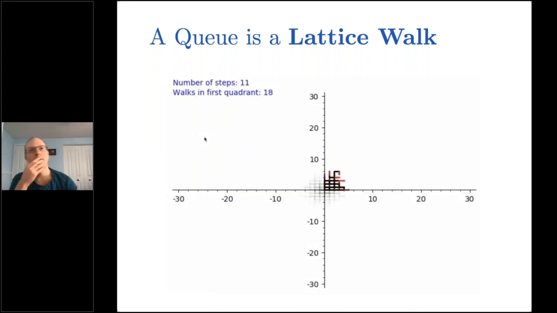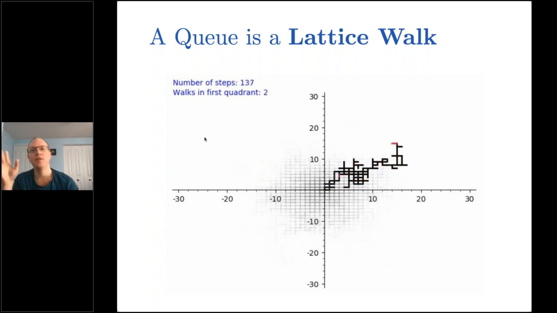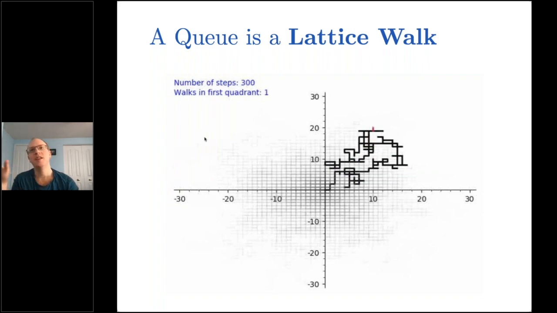And so here, for example, is a bunch of lattice walks. So if I take 400 lattice walks and I just run them moving north, south, east, west, and I look at how many stay in the first quadrant, then after 300 steps, only one of my 400 walks stays in the first quadrant. So you could say, okay, is that realistic or not? And you can also use this to model, with a small modification, what is the chance that no line is empty in the whole time that the queue is going on, things like that. Right? So we want to study properties of these queues, and to do that, we can study this mathematical structure